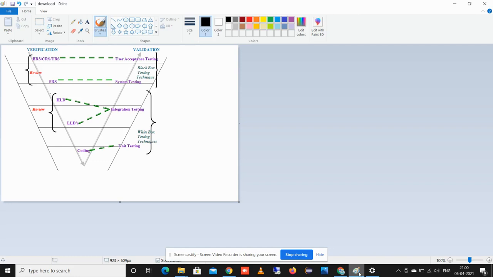The V model provides a means of testing software at each stage in reverse manner. In the V model, we can do testing at every stage. As you can see in this diagram, one side is for the verification part, whereas the other side is for the validation part.